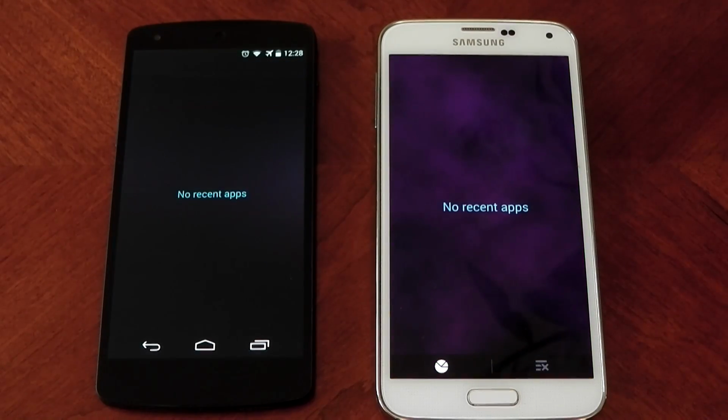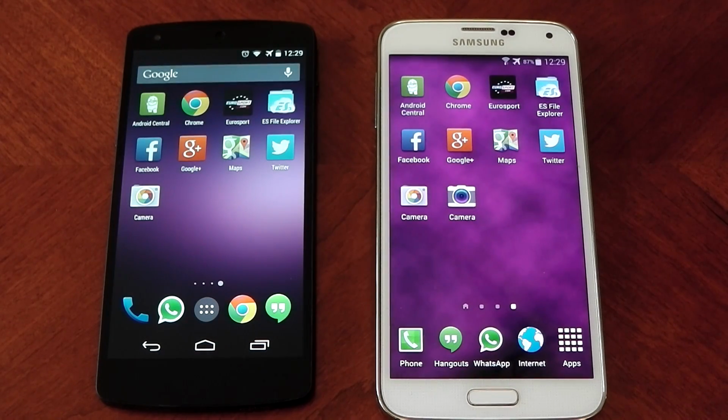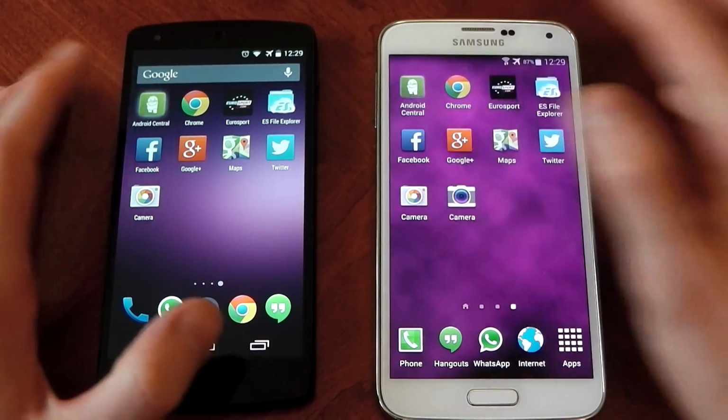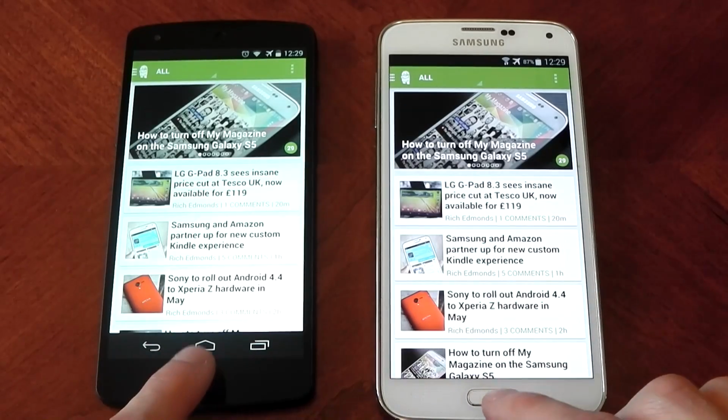Now I freshly booted both these devices, I haven't opened any applications, you can see there's nothing in the recents for both. These are the applications I'll be testing out. I will try and be as accurate as I possibly can, but take into account a bit of human error, so here we go. Now while this is going on, let me just tell you a little bit about the